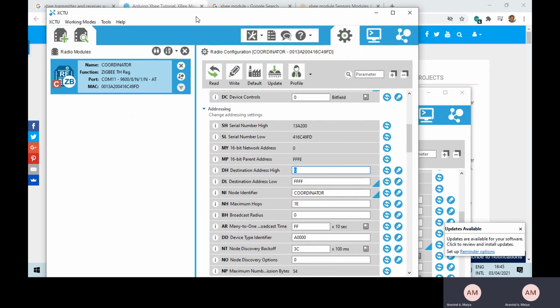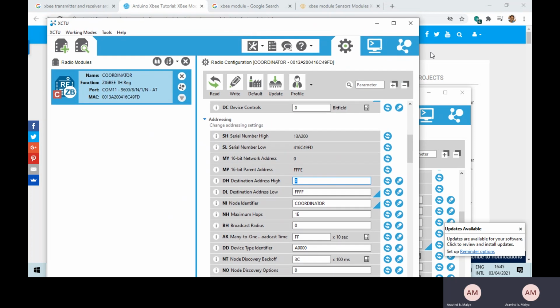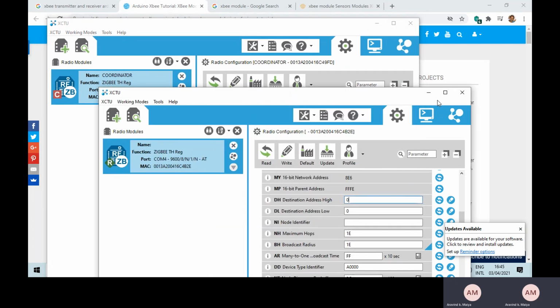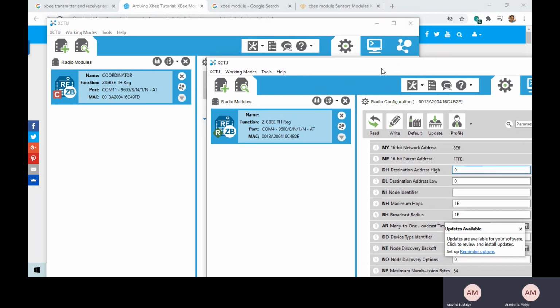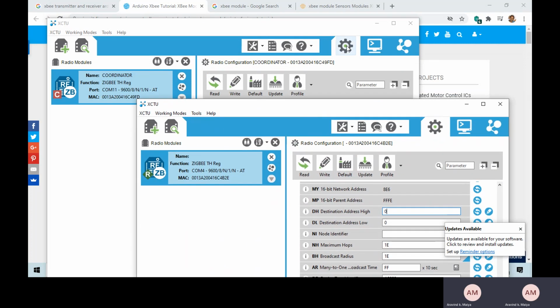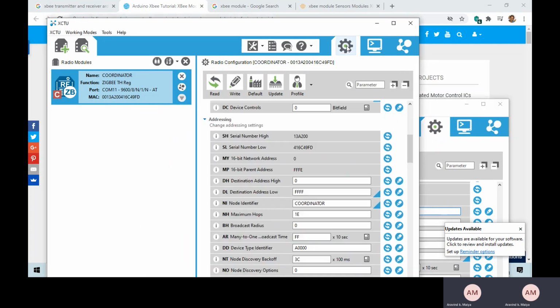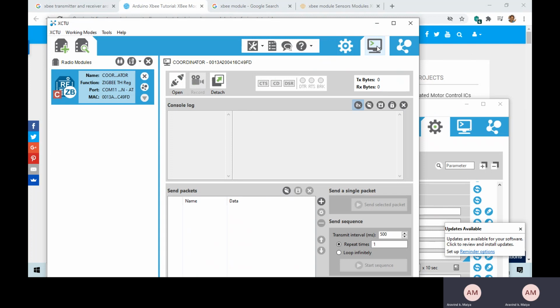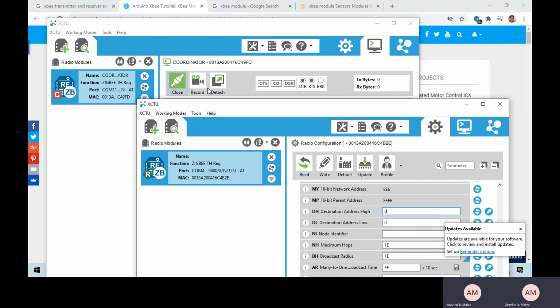Let me minimize this size. Now what I will do is open both the communication channels. We will have to switch on the console. Let me click on open the serial console, and similarly I'll switch on the console in the router also.